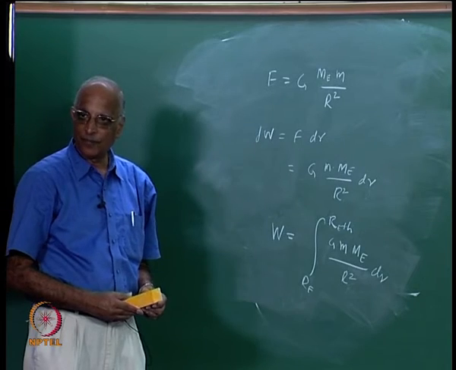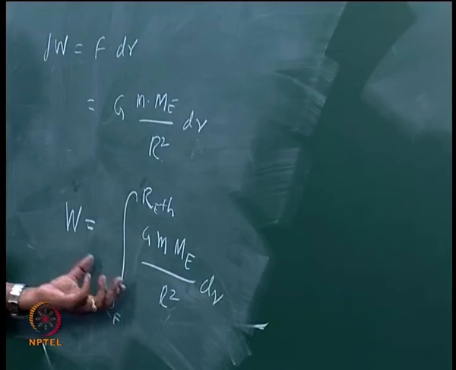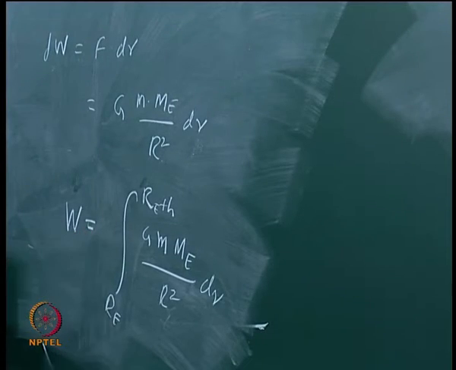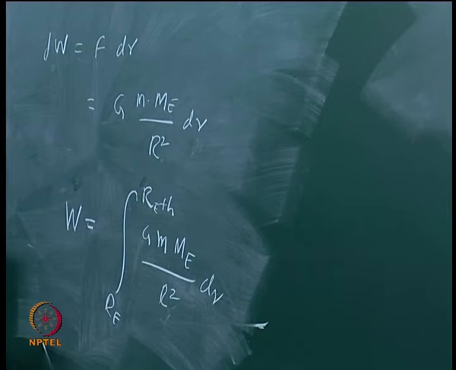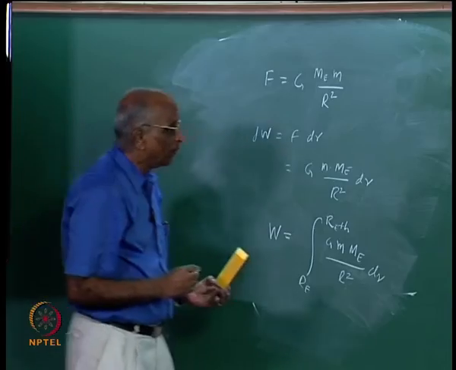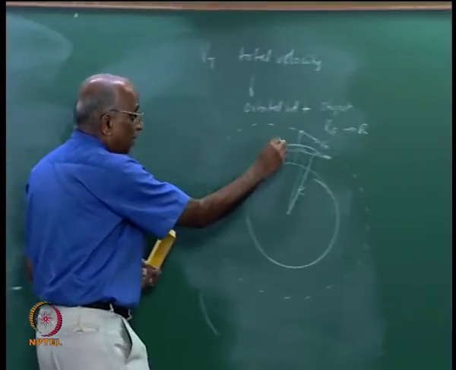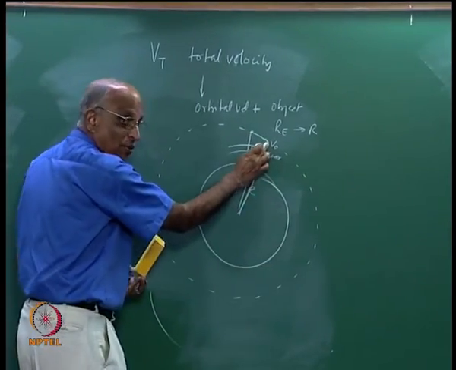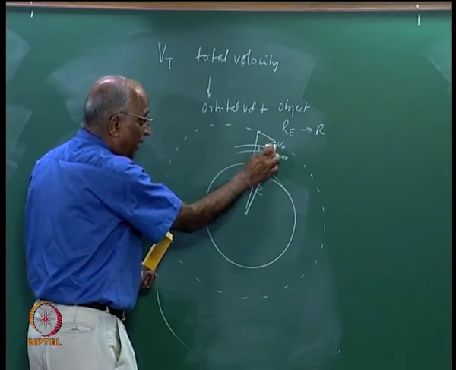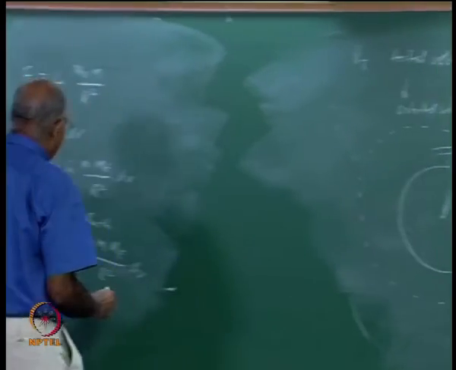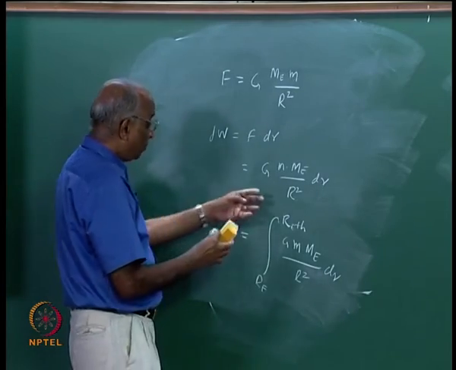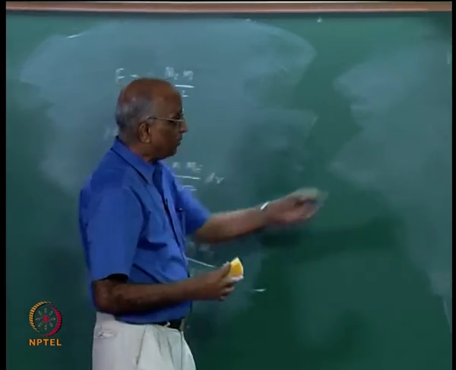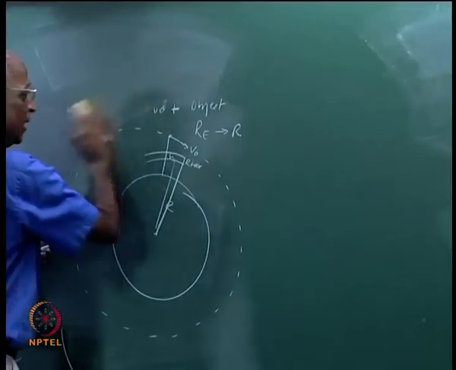Is it all right? And this work must be equal to the potential energy, because you are increasing the height, therefore I have a higher value of potential energy. But then we also know that there is an orbital velocity v0, that means I have some kinetic energy. And what is the total energy at a height? I have the potential energy plus the kinetic energy,